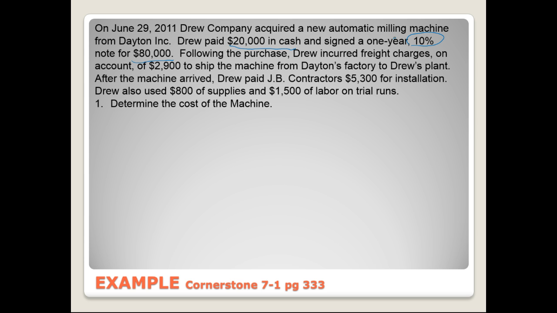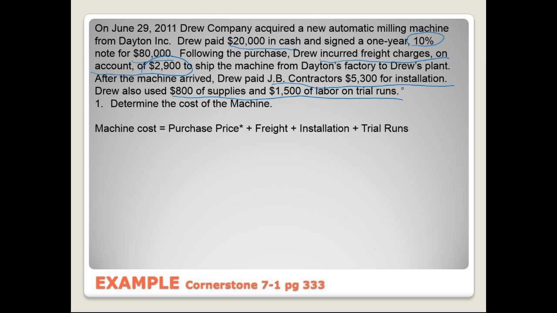machine? Right, they incurred freight charges on account, meaning they incurred an accounts payable of $2,900. They also paid a company named JB Contractors for installation, and they had to use $800 in supplies and $1,500 of labor on trial runs. So let's see if we can figure out the total cost of this machine. Remember, the machine cost is going to include all of the costs associated with making the machine usable for Drew Company. So that would be the purchase price, the freight cost, the installation cost, and the total cost of trial